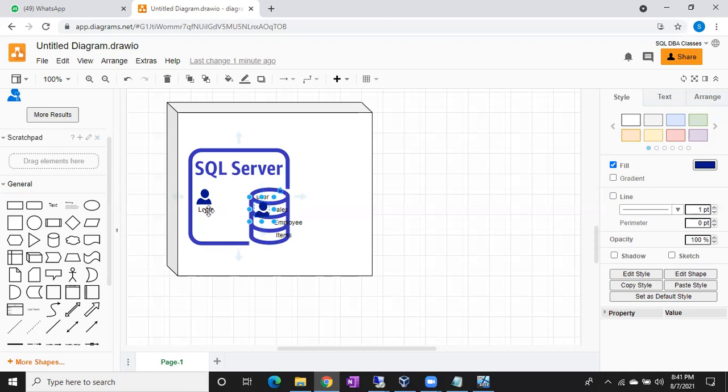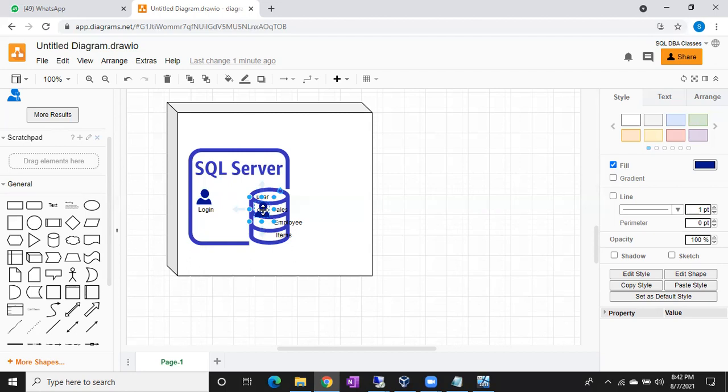So while giving access to the sales database to Sudarshan, usually a Sudarshan user will be created in the database. This Sudarshan will help to pull the data from the sales database. So the SQL Server level principal is a login, and the database level principal is a user. Is it clear? Is it clear, everyone?